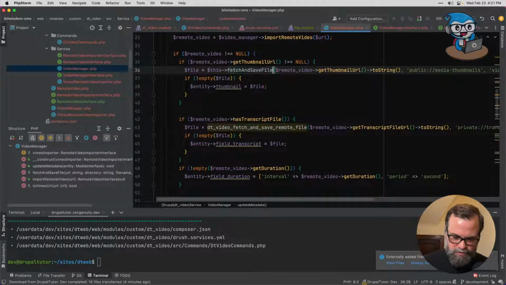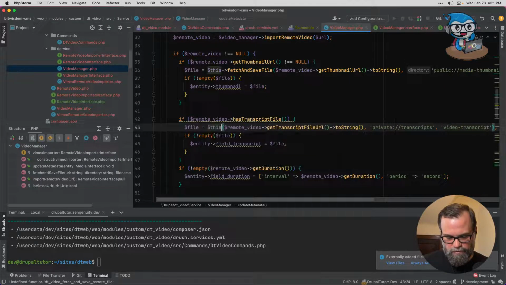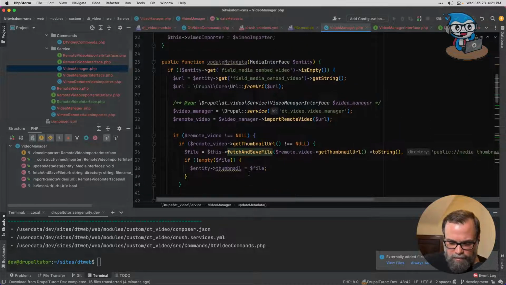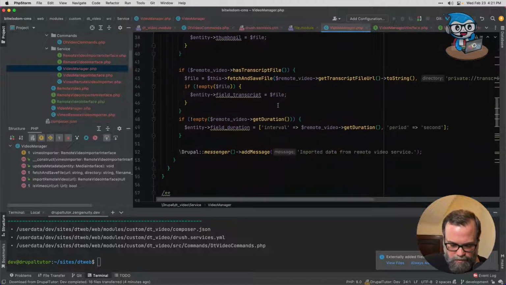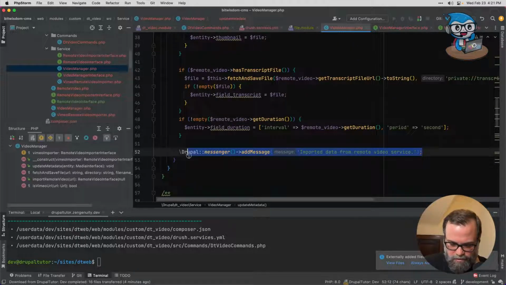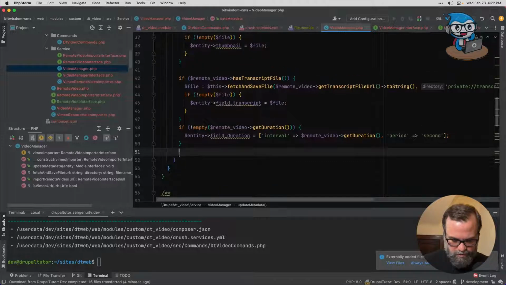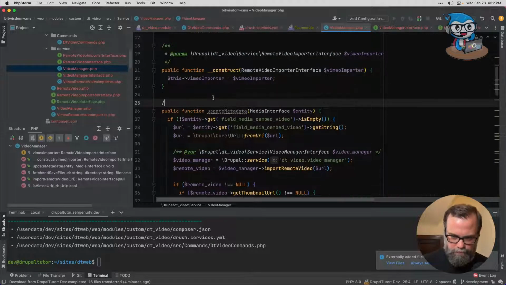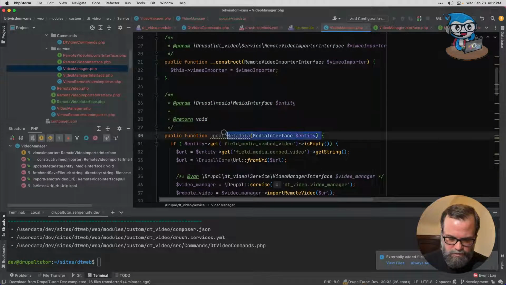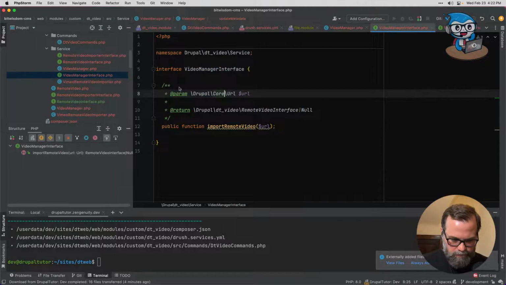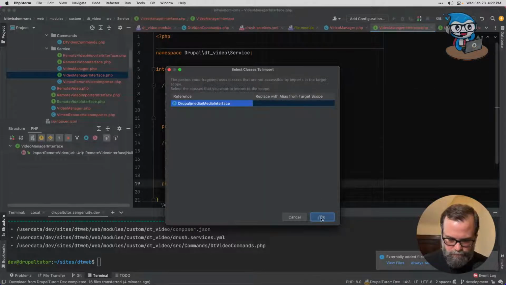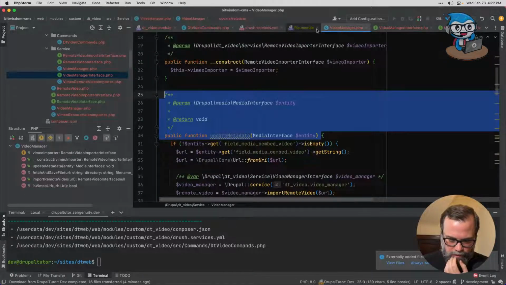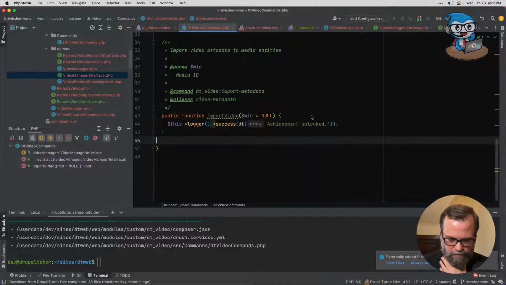And then these have to change to, okay. And this doesn't return anything. Probably shouldn't print this message out. We should be silent in the service. All right, so we'll put this in the interface as well. And then from here,